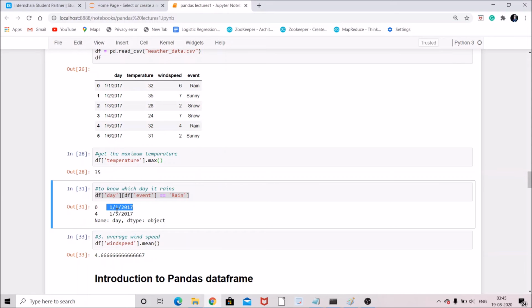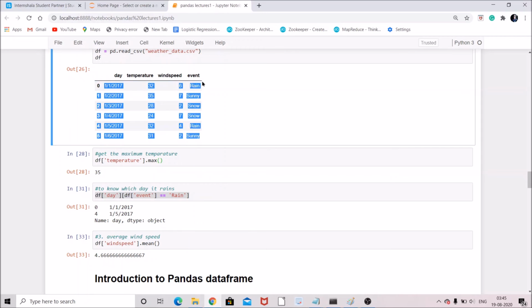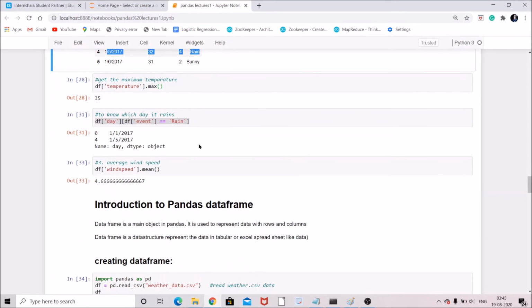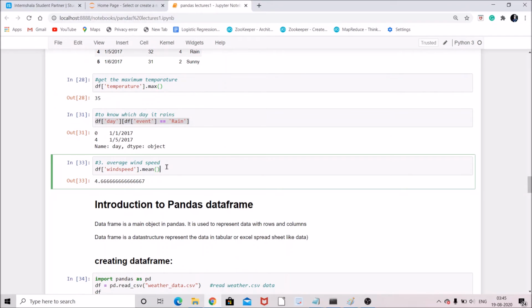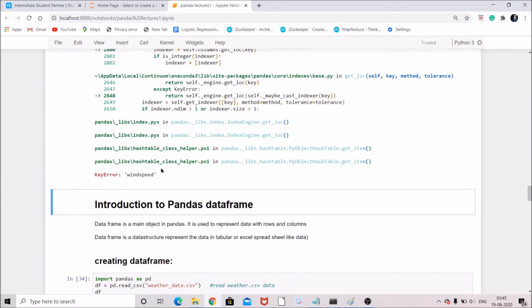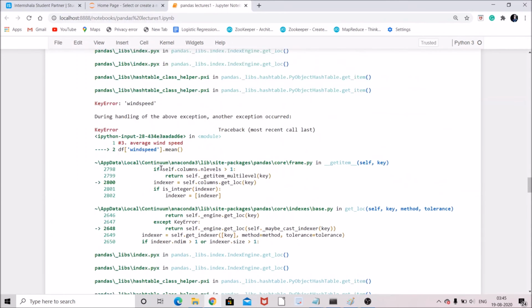Here you will also be able to see the same, the first row 0 and the fourth row. Sorry. Suppose we want to find the average wind speed, so simply you write df wind speed dot mean. It gives the average of this wind speed. Here is some error.